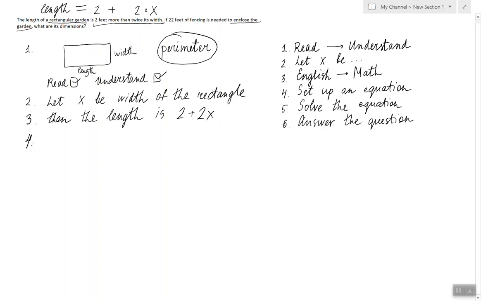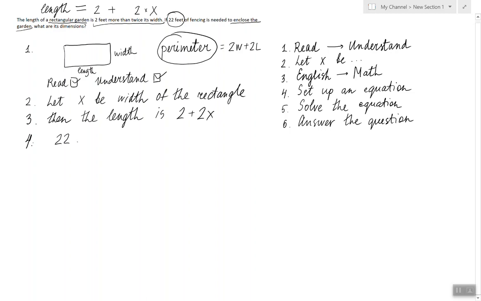Perimeter is 2 times the width plus 2 times the length. But we already have symbols and expressions to denote width and length. So together with the fact that the perimeter is 22 feet, we conclude that